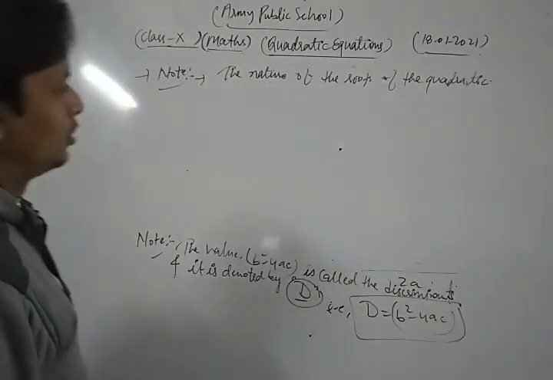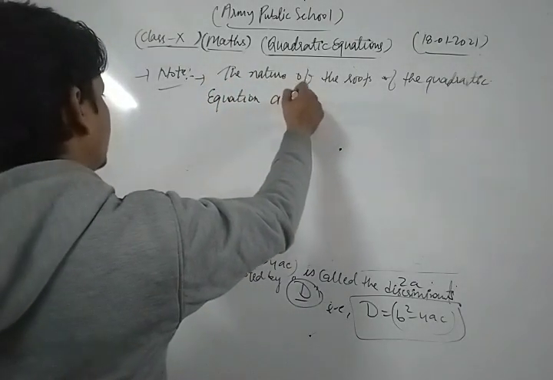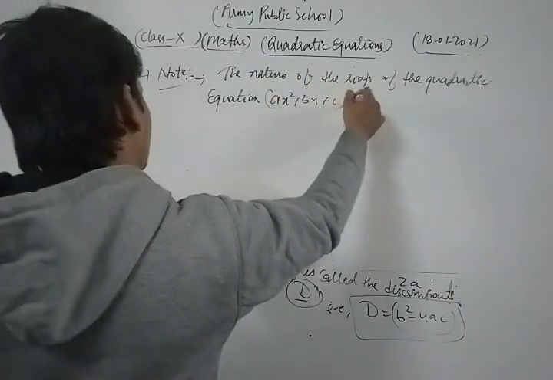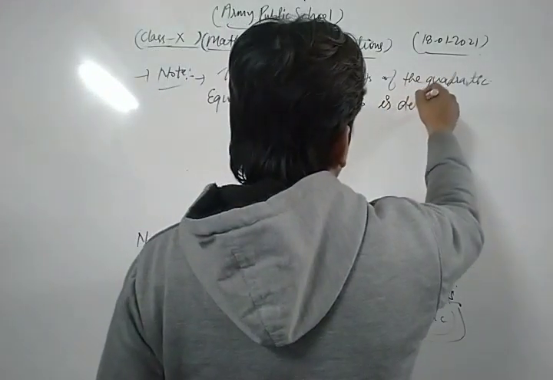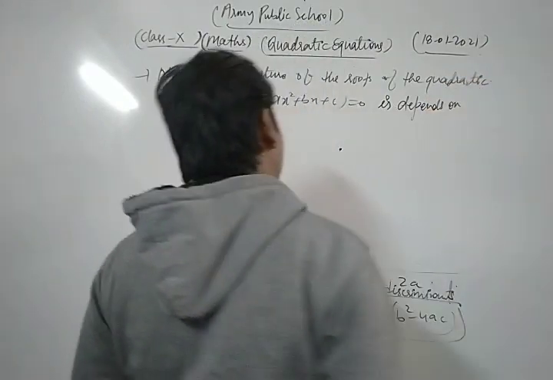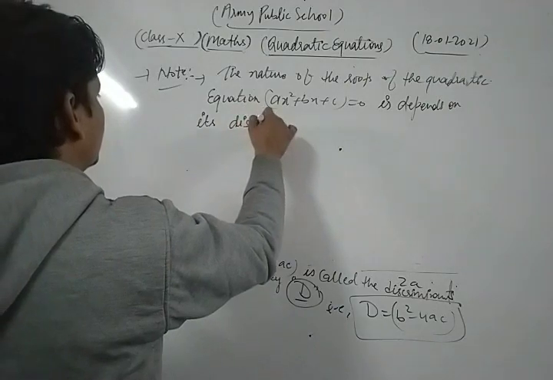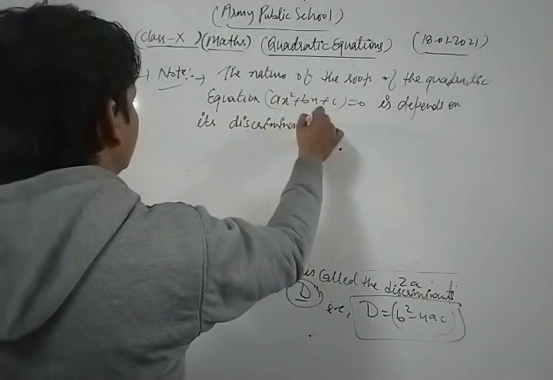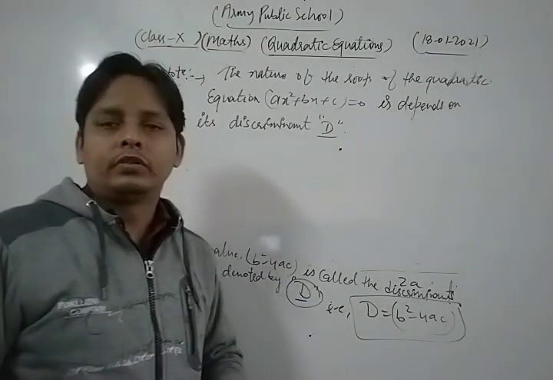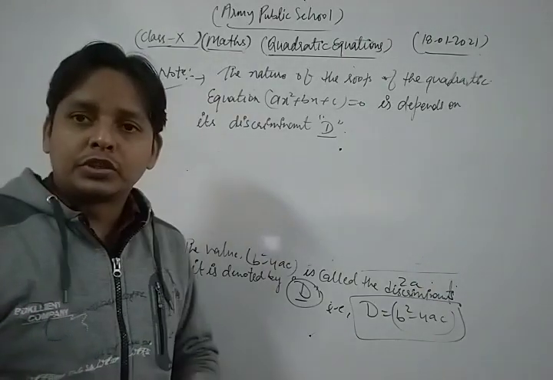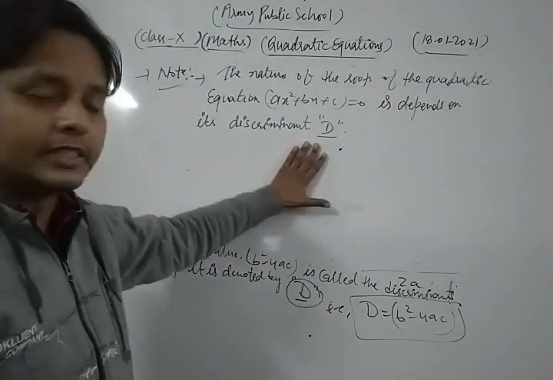The nature of the roots of the quadratic equation ax square plus bx plus c is equal to 0 depends on its discriminant D. Okay, that's what the nature of the roots of the quadratic equation ax square plus bx plus c is equal to 0 depends on its discriminant, and the value